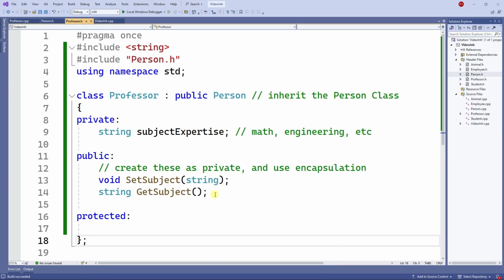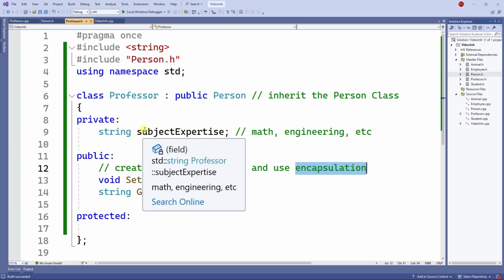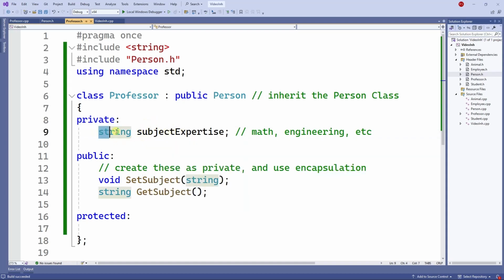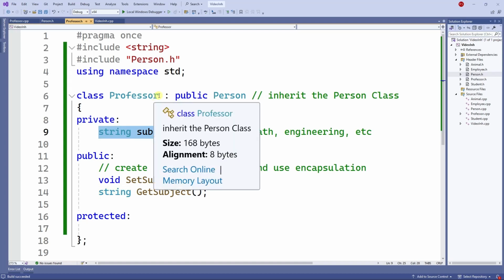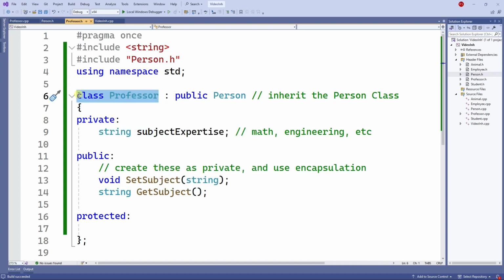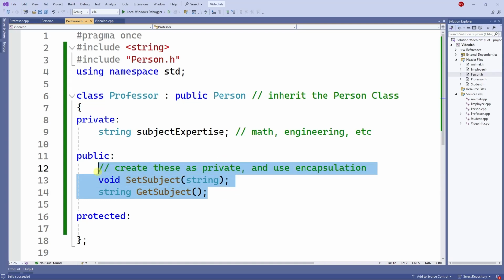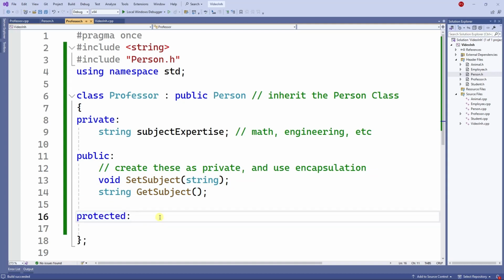So this here is called encapsulation. So you should always create private variables and also use encapsulation. All right, so private means only this class can access it, nothing else. Public means everybody can access. Now let's take a look at protected. Protected can only be accessed